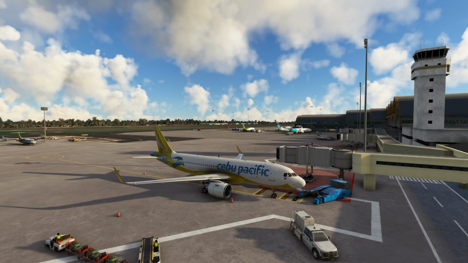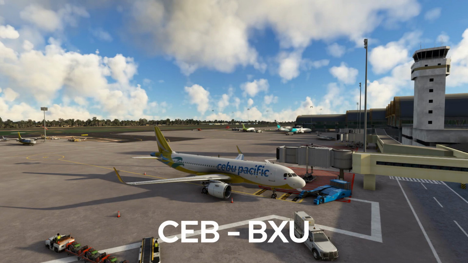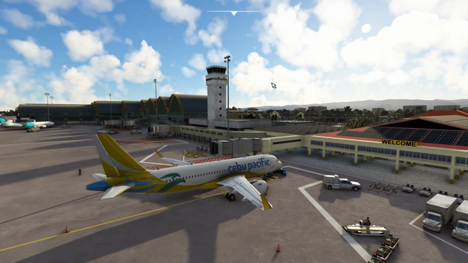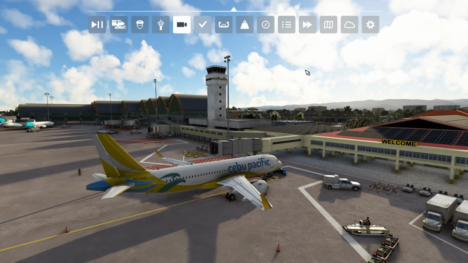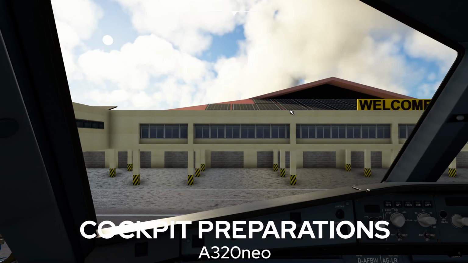Today we're flying the Airbus A320neo, Cebu Pacific. Today we are at Cebu-Mactan International Airport flying to Butuan City. So before we start anything, let's go into the cockpit and do our preliminary cockpit checks